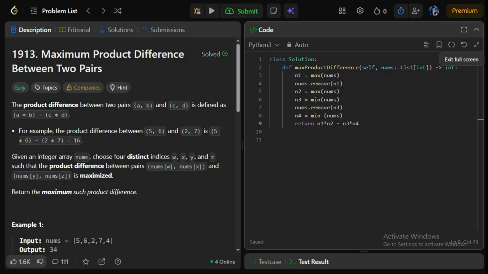Today's problem is maximum product difference between two pairs. Here the product difference between two pairs (a, b) and (c, d) is defined as a multiply b minus c multiply d. For example, the product difference between (5, 6) and (2, 7) is 5 multiply 6 minus 2 multiply 7, which